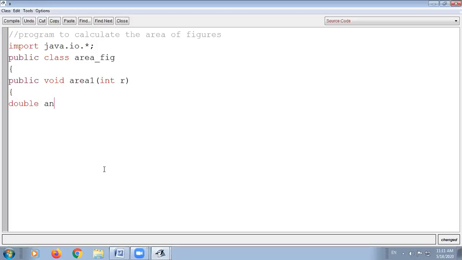So I have taken a result variable as ans. Okay. Now what will you store in this ans variable? You will store the area of circle, that is pi r square. So you can write 3.14, that is the value of pi, into the r value that you will receive, multiplied by the r value, that is r square. Or you can also use the mathematical function, that is Math dot pow, the Math class pow function, that is r to the power 2.